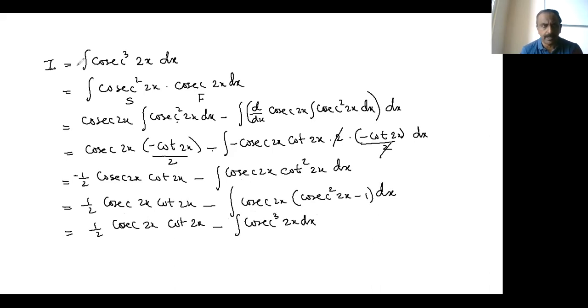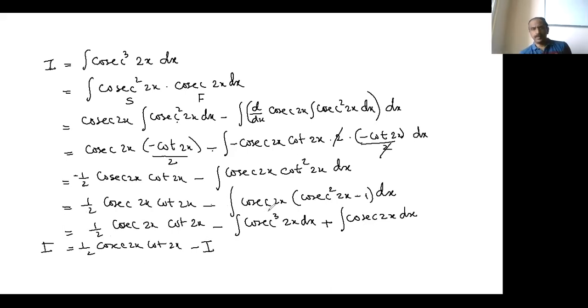Remember, always when you bring back to I, it will be with a negative sign. Never can I be a positive sign. If I becomes positive sign, that means you have made some error. Plus, this when multiplied with this 1, you'll get a minus sign. Minus of minus will make it plus. So integral cosec 2x dx. So I can write I is equal to half into cosec 2x cot 2x minus I, minus I. Then again plus cosec 2x integral,